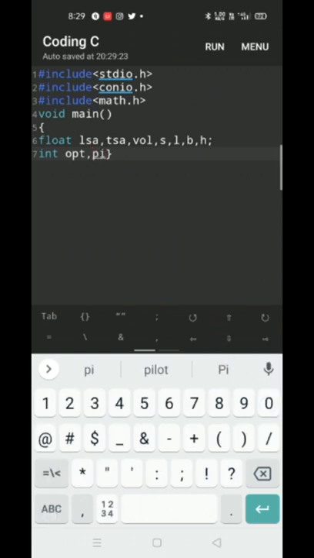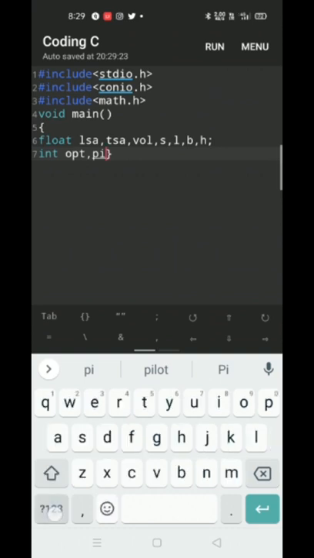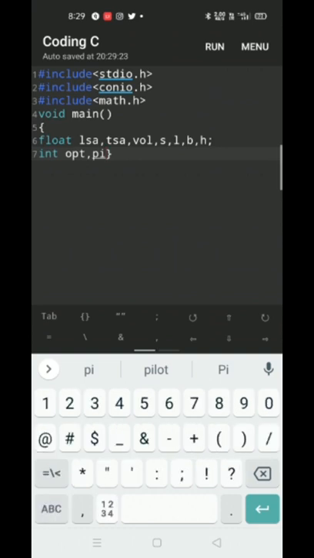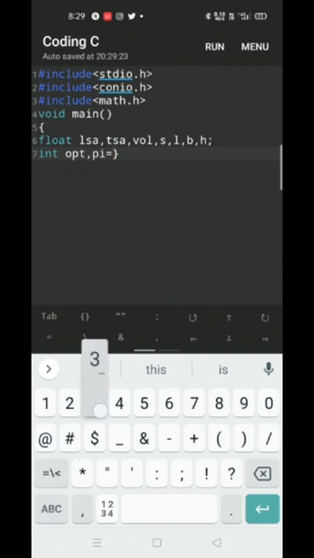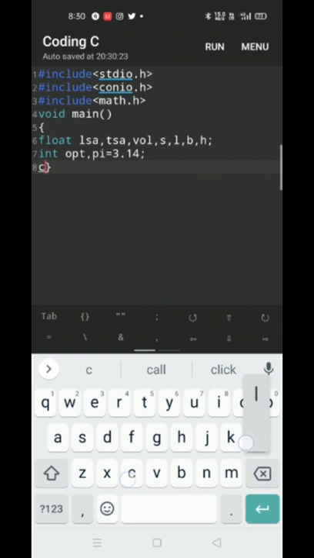We all know that most of the formulas contain the pi value, so I am initializing the pi value as 3.14 here, so it is quite easier for us during the operations in the program. And clrscr, clear screen, is used to erase the previous outputs.